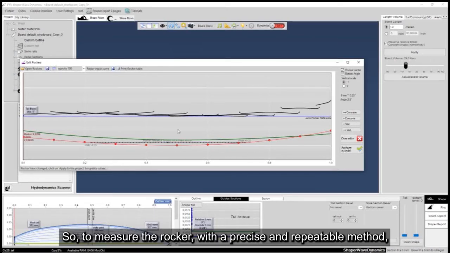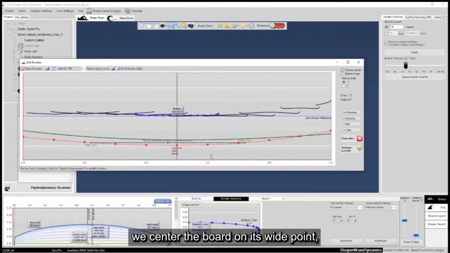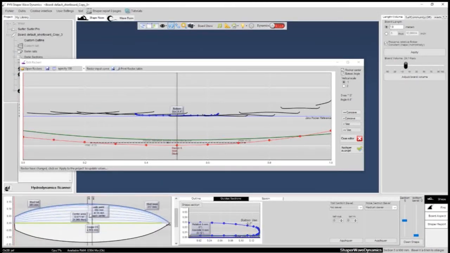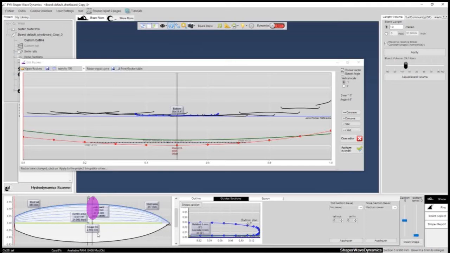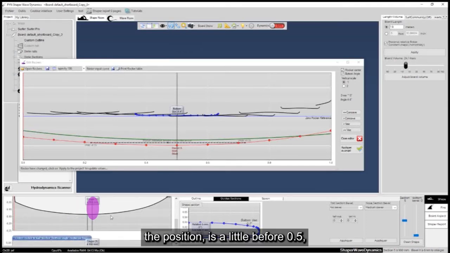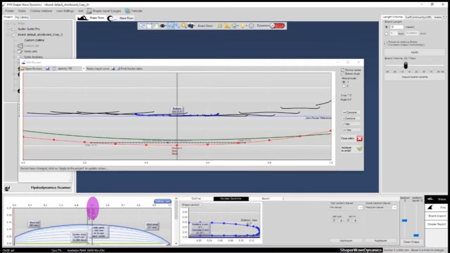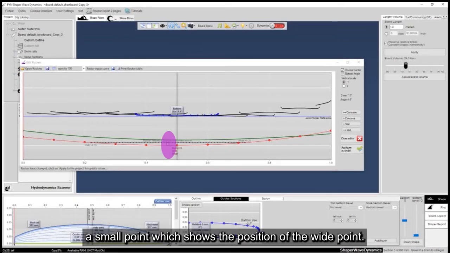So, to measure the rocker, with a precise and repeatable method, we center the board on its wide point, the position, therefore, of the widest. If I look in the small diagram at the bottom left, we see the wide point. The position is a little before 0.5. We see here a small point which shows the position of the wide point.